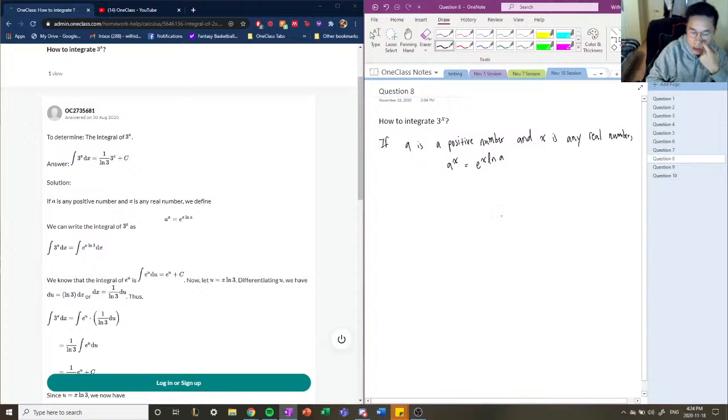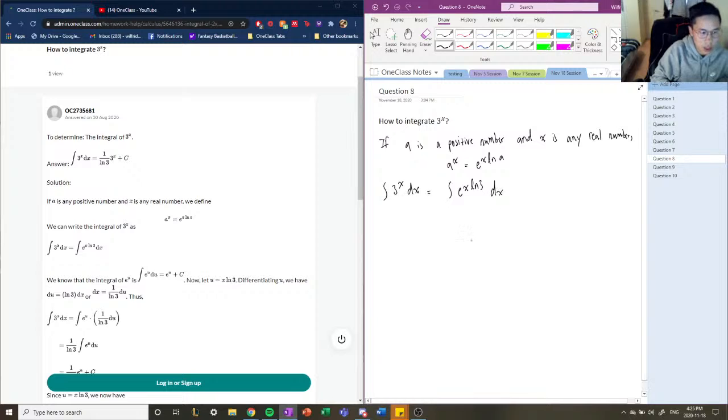So this is a fundamental fact, and we're going to be using this to integrate 3 to the power of x, okay? So let's write down our integral here. The integral of 3 to the power of x dx can also be written, using this fundamental fact, as the integral of e to the x ln of 3,